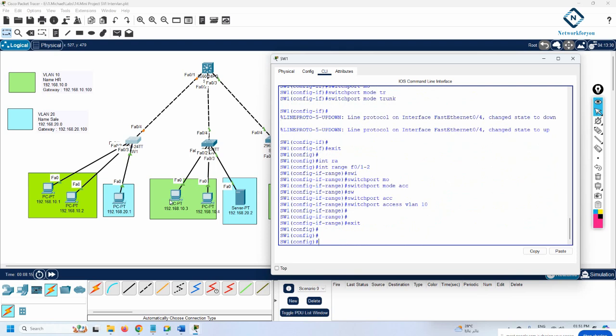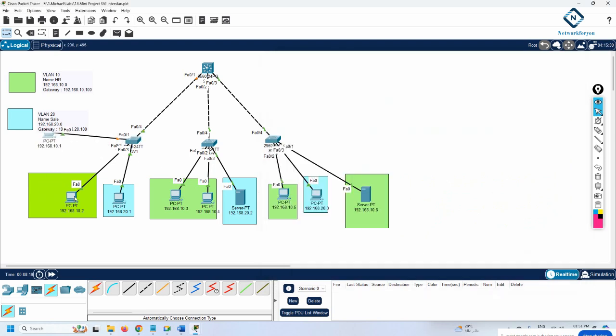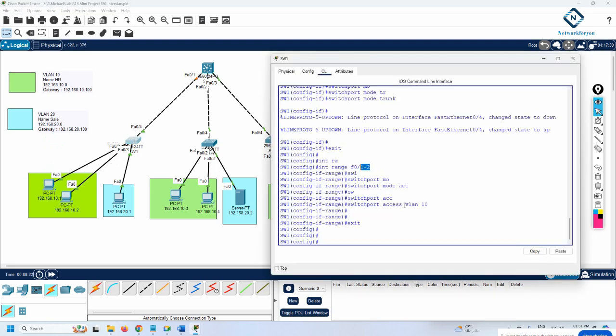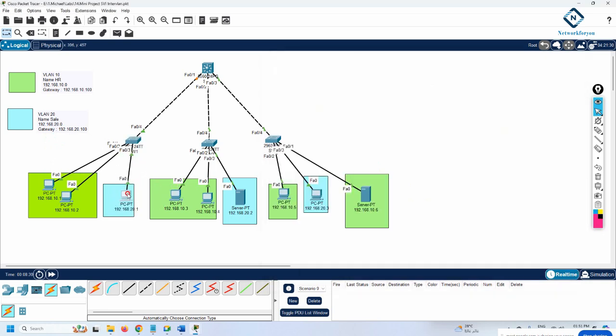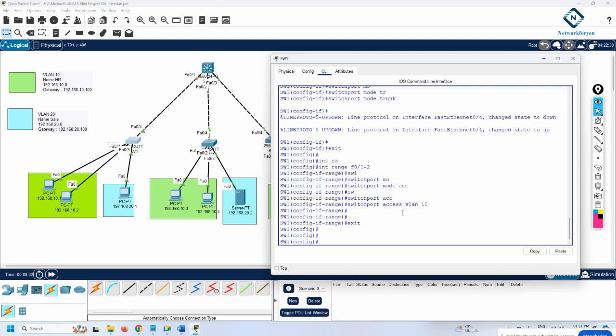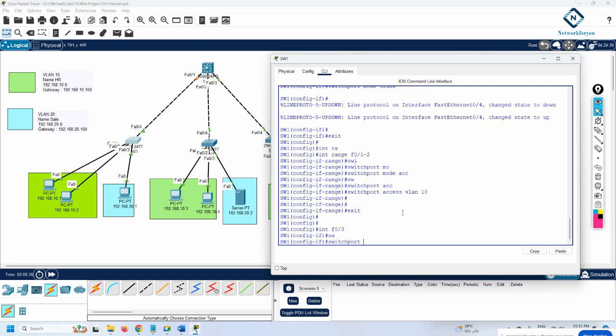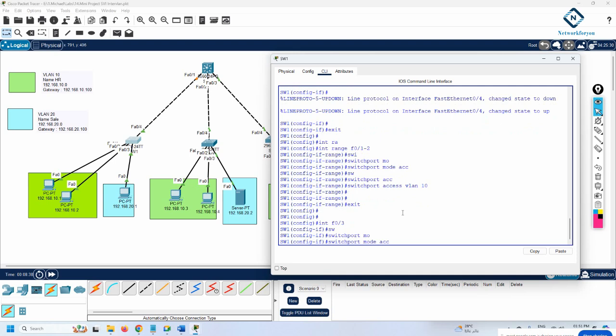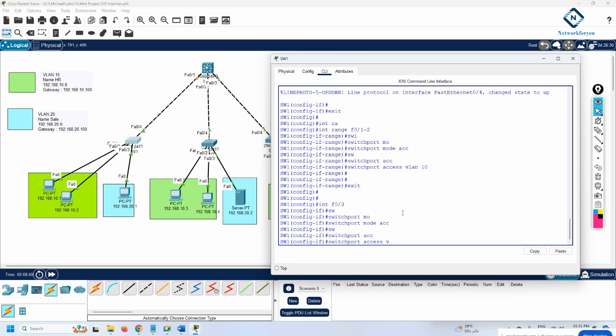And you have one more interface here, this is a 1 and this is a 2. You know this, right? We can put multiple interfaces by writing this command, interface range. Okay, now I have a single interface, so I can do it directly. So I will use here interface F0/3. I will write switchport mode access, switchport access VLAN 10,